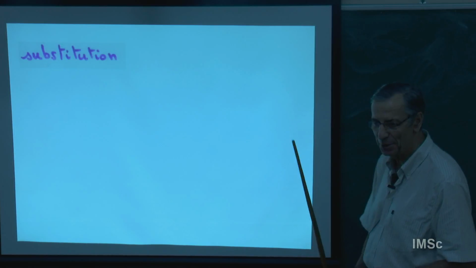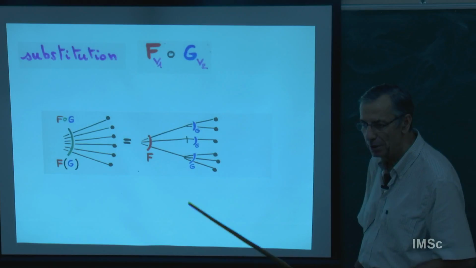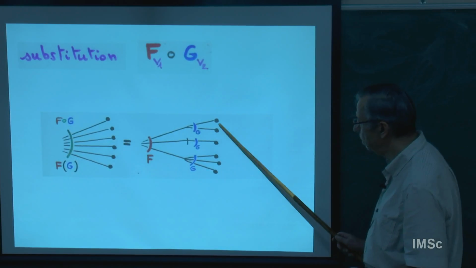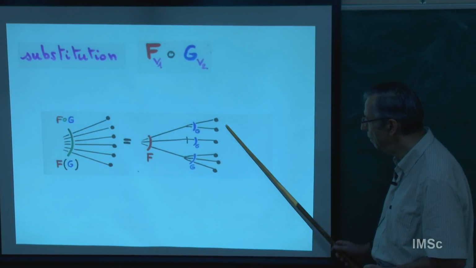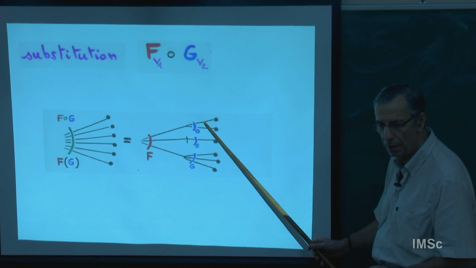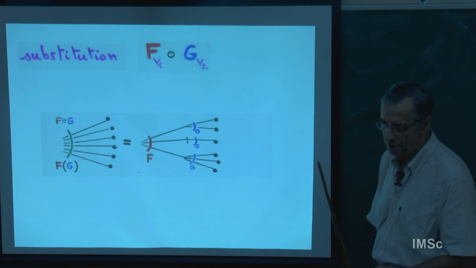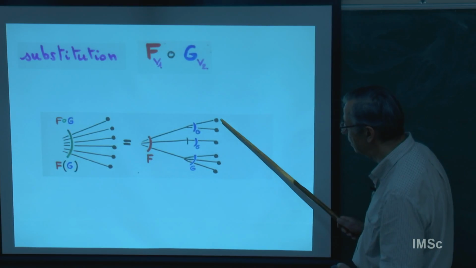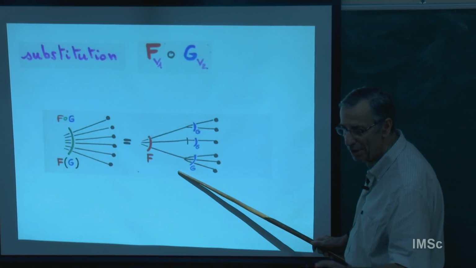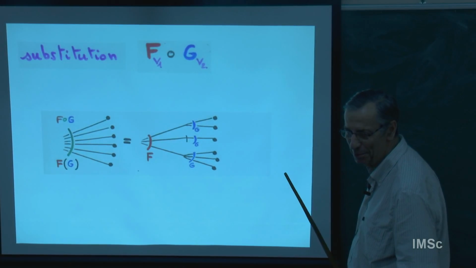And I remind you of the third operation, substitution. So I remind you what a substitution is. You have an underlying set U. Then you take a partition into blocks of the underlying set U. On each block, you put a G structure. And on the set of blocks, you put an F structure. For example, before, the first example was a permutation on each block. And then on the set of blocks, on the set of permutations, I put a set structure, meaning I do nothing. I keep it like it is without putting anything.